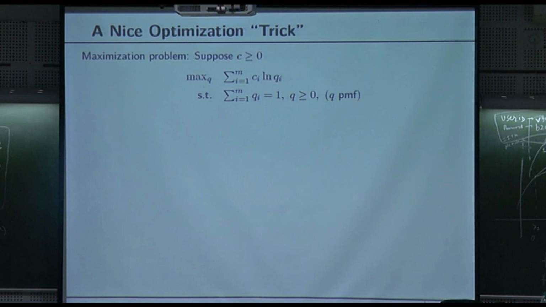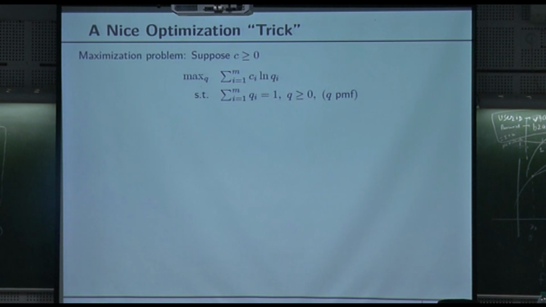So the sum of the qi's is equal to 1 and all the q's are greater than or equal to 0. So I'm maximizing over a probability mass function of the summation of i going from 1 through I of ci log qi, and I also have this condition that all the coefficients ci are greater than or equal to 0. Why am I interested in that? Because the problem that I'm trying to solve